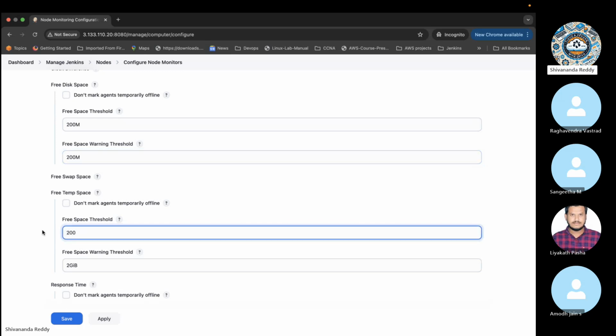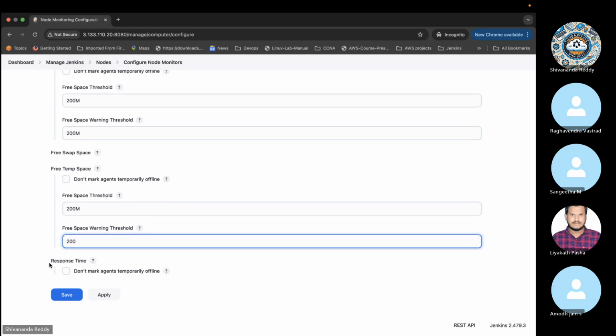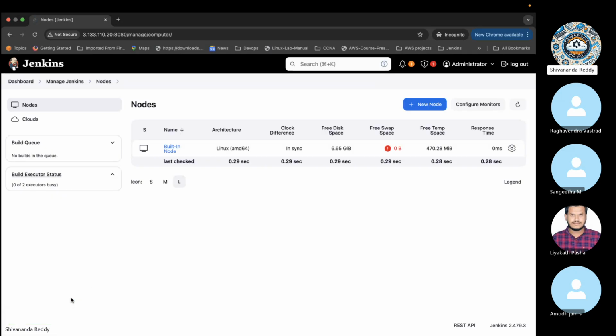Right now it took 2 GB, 1 GB like that, and we don't have that much size. That's the reason I'm reducing it to just 200 MB. Then apply and save. Click it. Now it's not offline, it's in sync, and this is the free space in MB. Now if I go back here,